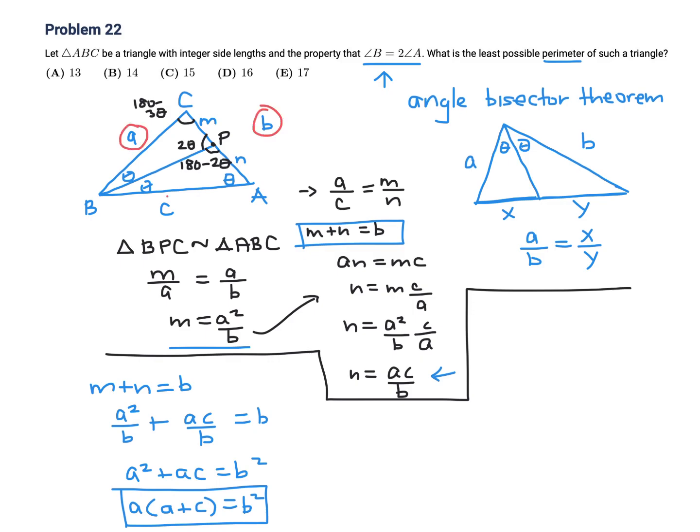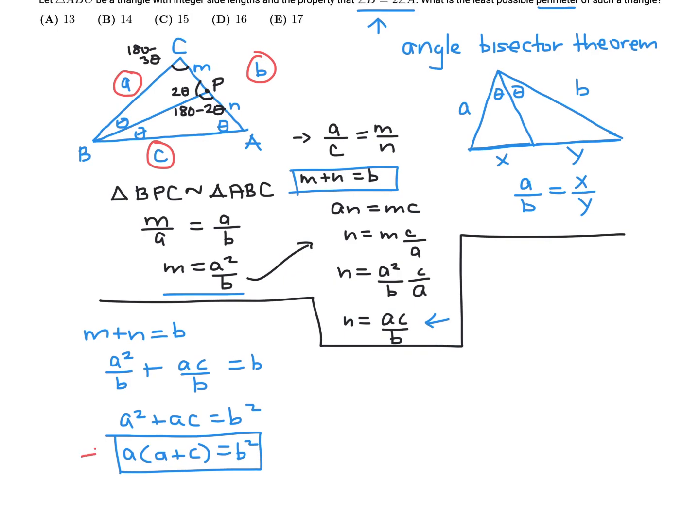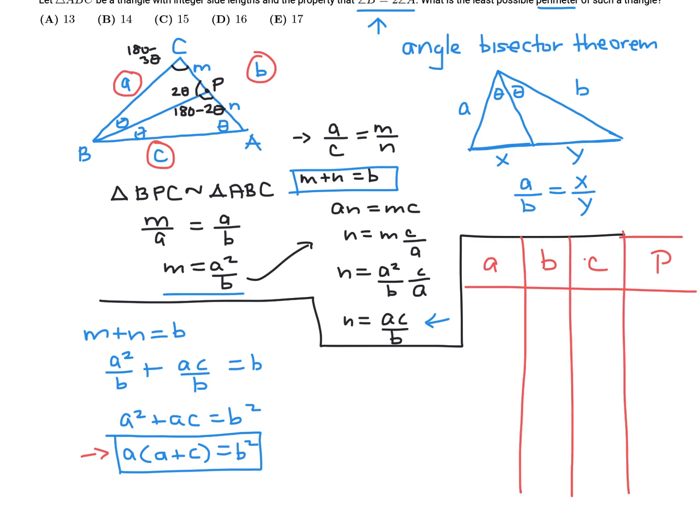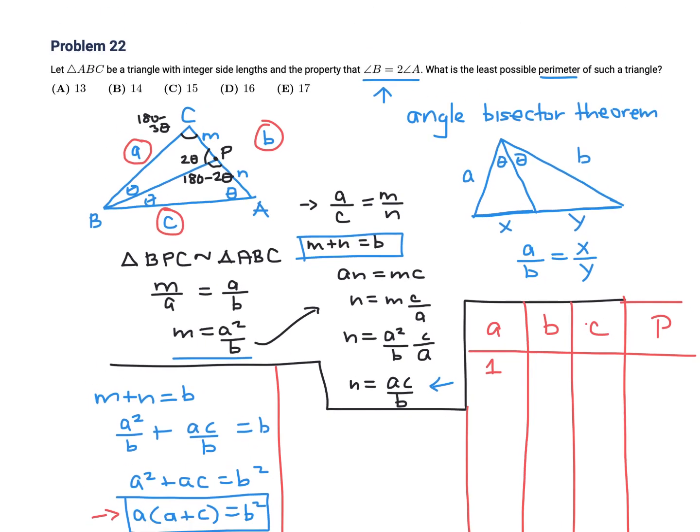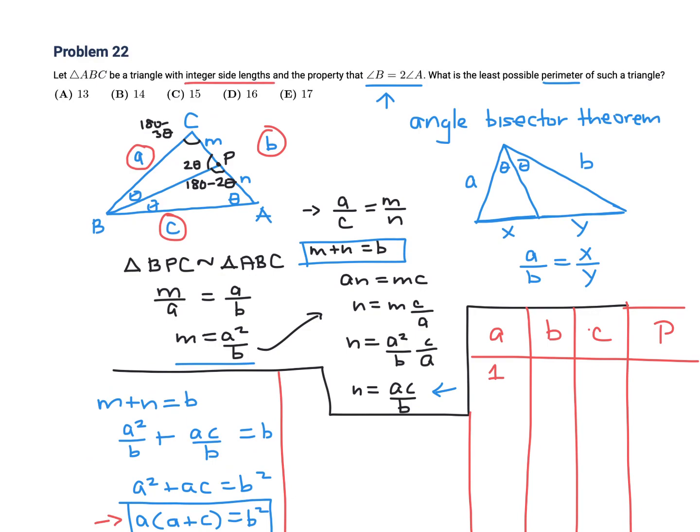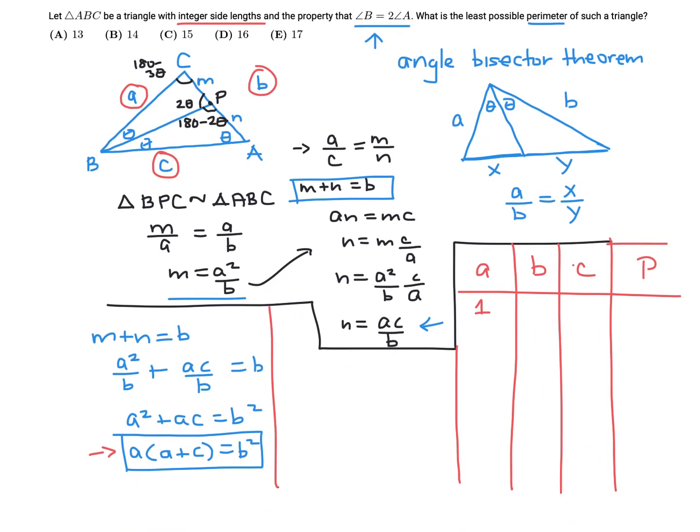There's A, there's B, and there's C. Okay, this formula. I think we will have to do some cases here. Let's see, A, B, C, and then the perimeter, P for perimeter. Well, let me go back and read this here. They have integer side lengths. That's all they tell us. It's not much. So with integer side lengths, the smallest we can start with is 1, because we're trying to make the perimeter as small as possible. If A is 1,